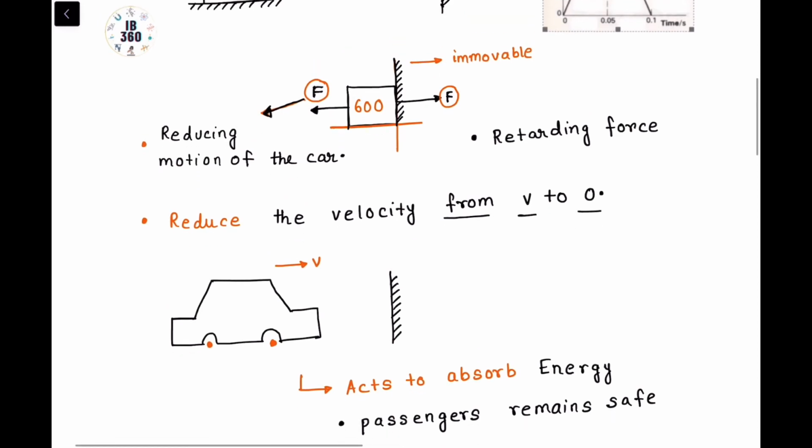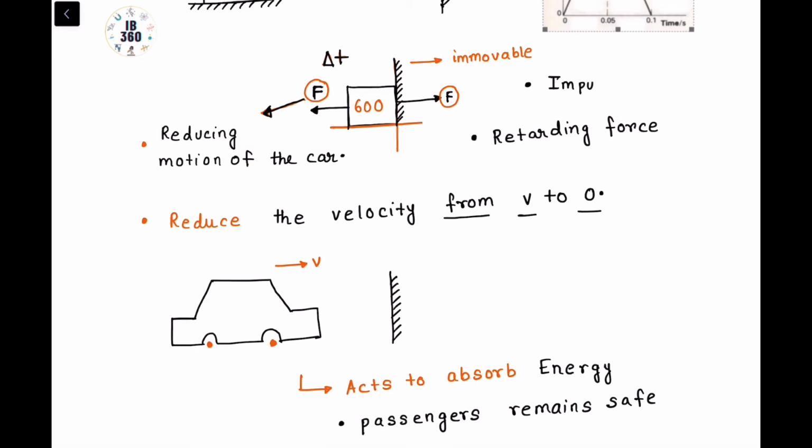And this force F acts for a particular amount of time, right? This force does not act forever. As long as the collision is there, this force acts. After the collision, which takes delta t time, the force F does not work again. So that means an impulse is only provided by the wall.